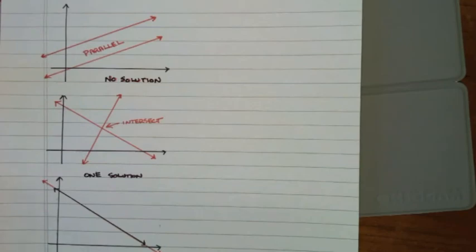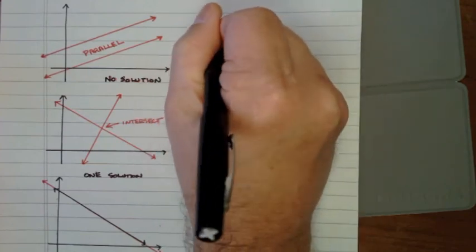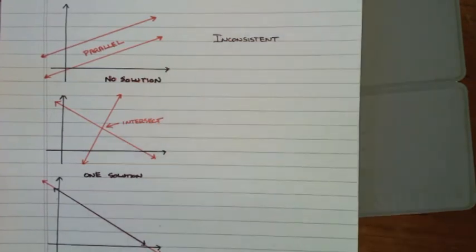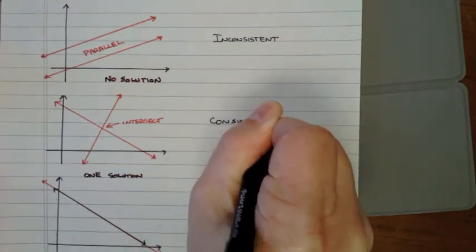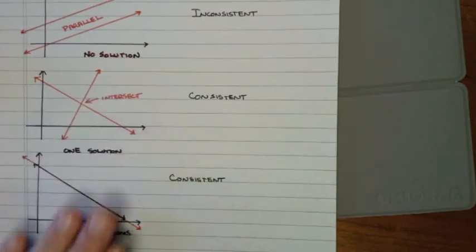They're also going to use other words to describe this. The other word that they use to describe something that's parallel, something that has no solution, is inconsistent. This is an inconsistent system of equations. They're going to use this word to describe when you actually do have a solution: consistent. This one's also consistent, but there's a difference between these two, so we're going to need another word to